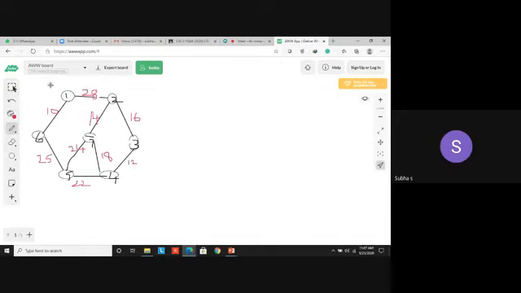Let's start from 1. Or you can start from any vertex. Initially, we are starting from 1. How many adjacent vertices are there? How many paths are there from 1? 2 paths. From 1 to 6 and then from 1 to 2. Now, check which one is having the minimum weight. You have to choose that path first. Okay. Very easy example only. Easy algorithm only. So, from 1 to 6. That is the minimum path when compared to these 2 paths.